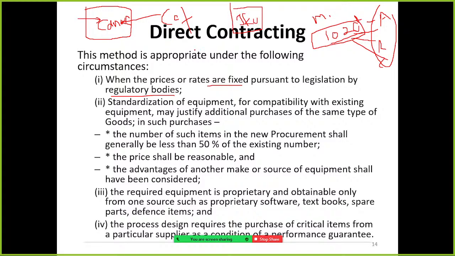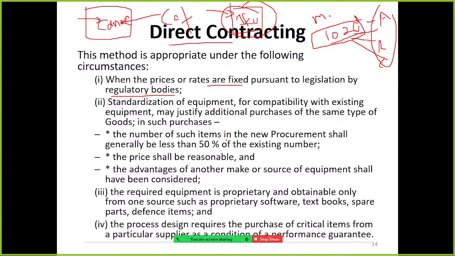This item can be purchased from only that supplier. If you advertise, nobody will give a quotation, because these people are the sole agents providing Canon brand toner. So therefore they can go for direct contracting.